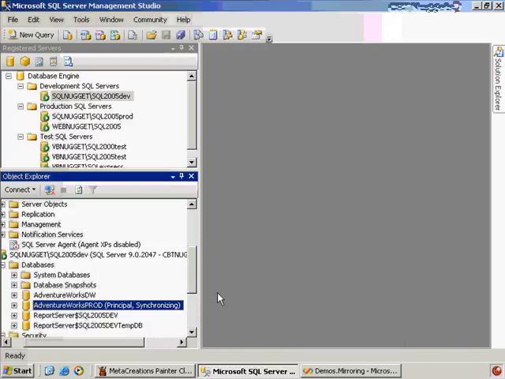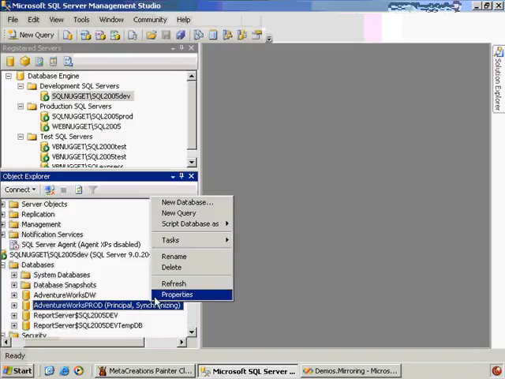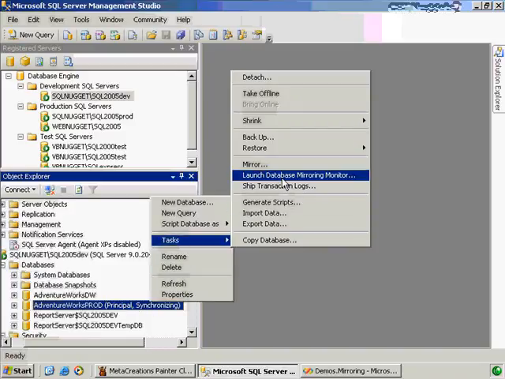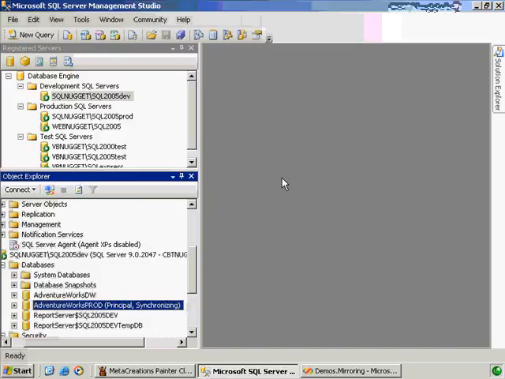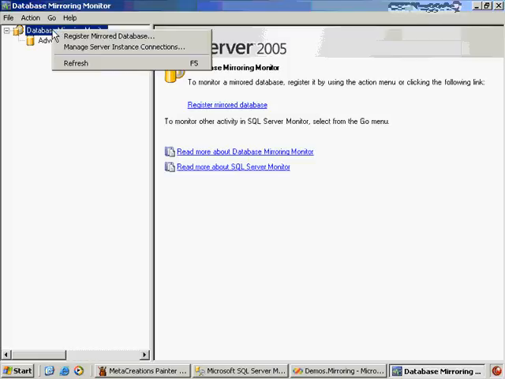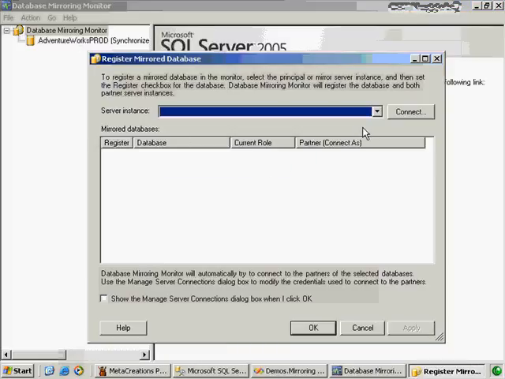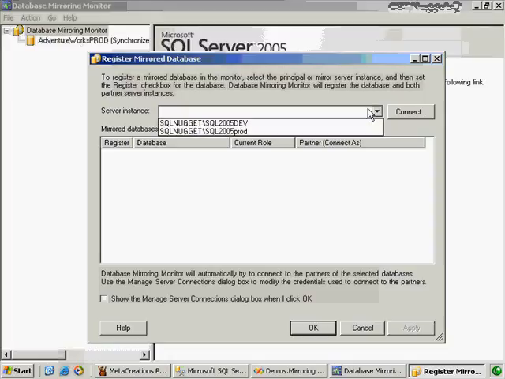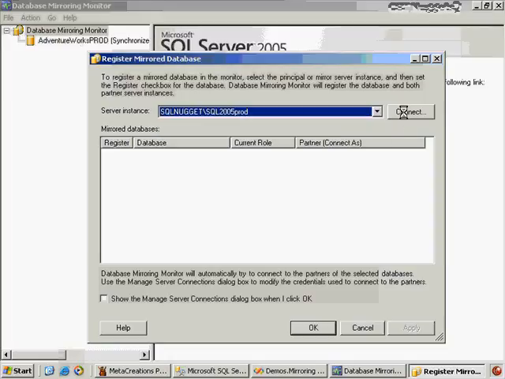One more thing I want to show you here is how you can actually monitor all of this mirroring stuff. If you right click on any of your mirror databases here, go to tasks and choose launch database mirroring monitor. This is a very simple little application to use. When you open this up, if you right click here and choose register mirrored database, you simply choose what database you want to connect to. So we'll choose our prod here, hit connect,